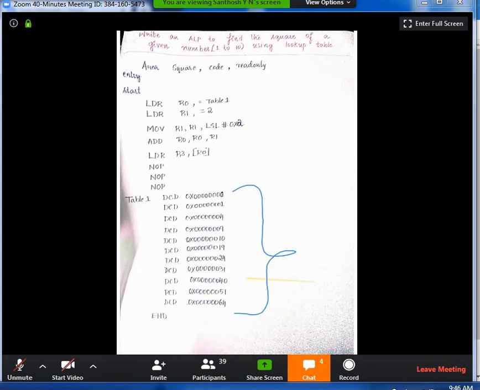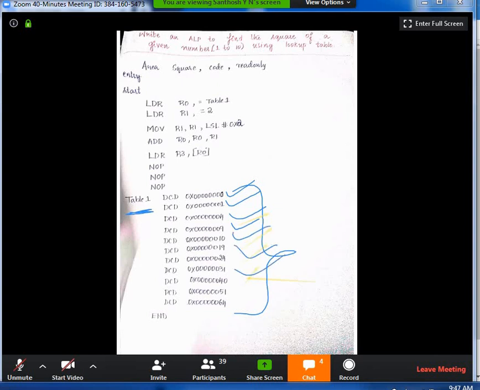This is the content that you have to write in the program. So what is the name I have given for the lookup table? I gave it as table 1. Okay, what is meant by DCD? DCD is nothing but a directive. It is one of the directives. It allocates a 32-bit memory location. So why do you have to allocate a 32-bit location? Because all the data I have given here are of 32 bits. So therefore you have to write it as DCD.